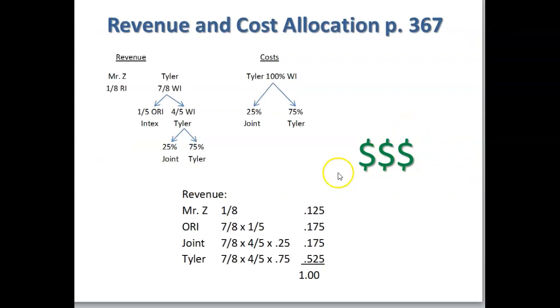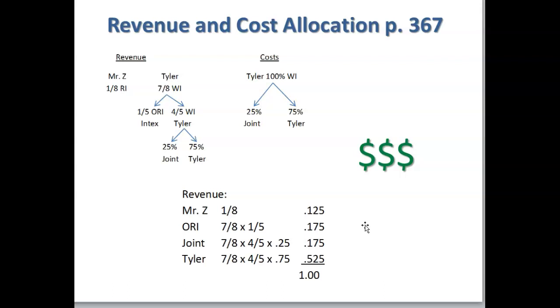So if we wanted to multiply the percentages to determine a decimal amount, which is usually what you will see in a division order, Mr. Z has the 1/8 royalty, so that's equal to 0.125. The overriding royalty interest is 7/8 times 1/5. That equals 0.175. Joint has 7/8 times 4/5 times 0.25,